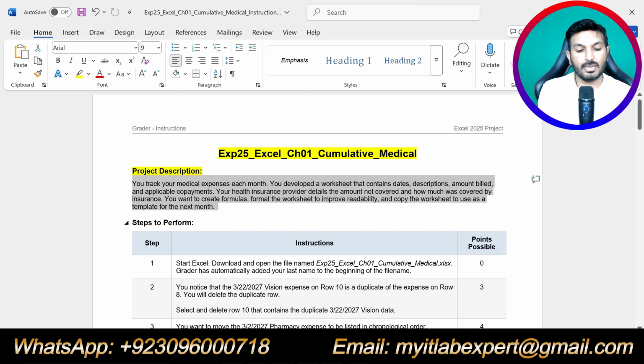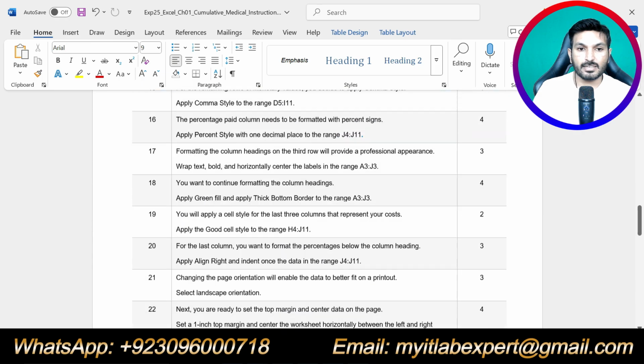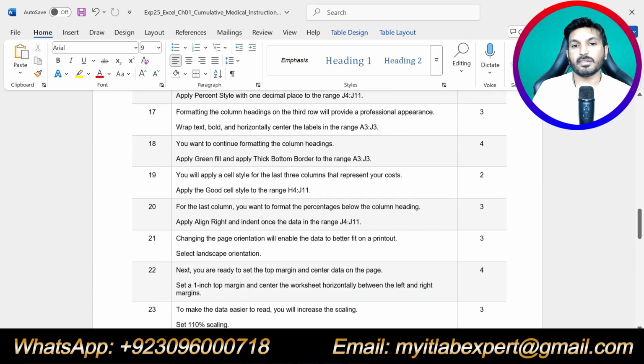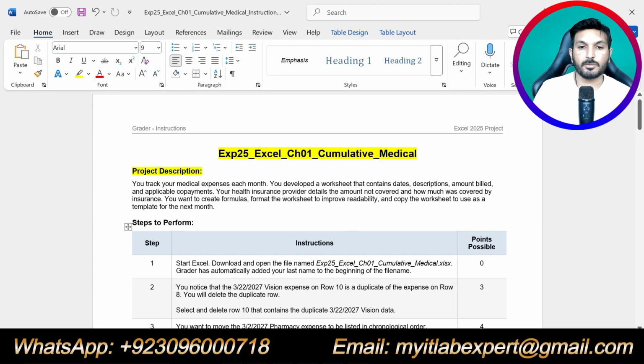It will be easy for you to complete this project. But the main part of the assignment starts from this instruction, and the total steps to complete this assignment are 27. So we are supposed to complete 27 steps to get this assignment done.